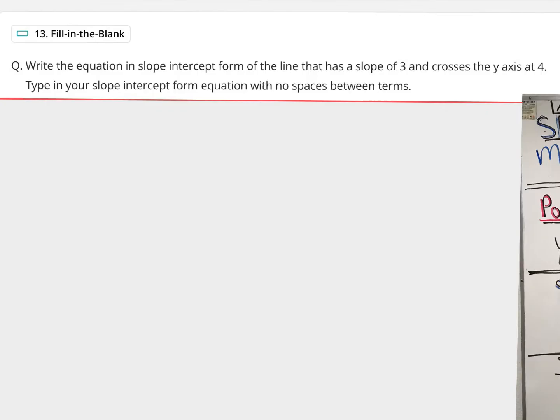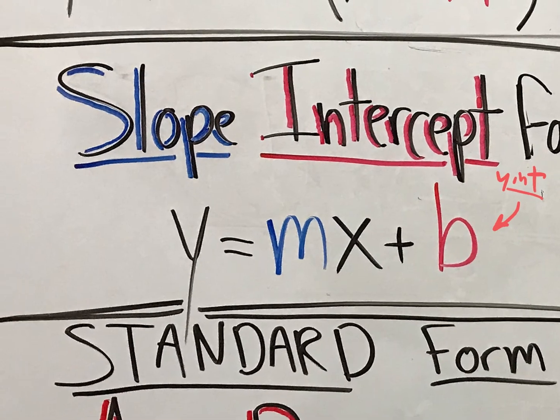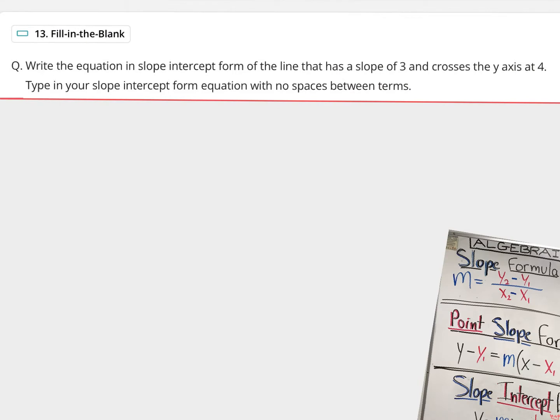Let's move on. This next question is hands down my favorite one to do. Why is that? Let's read. Write the equation in slope-intercept form. What is slope-intercept form? It's y equals mx plus b, okay? So we want to write the equation in slope-intercept form that has the slope of 3, so they give you the m,